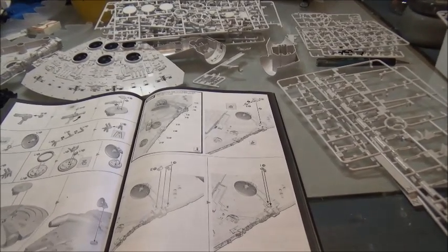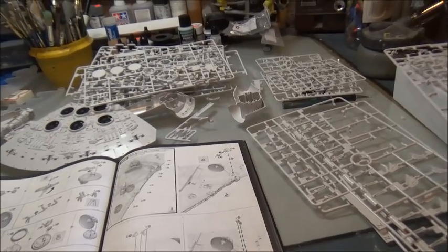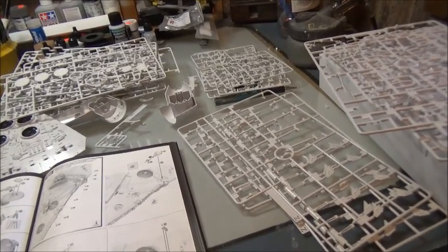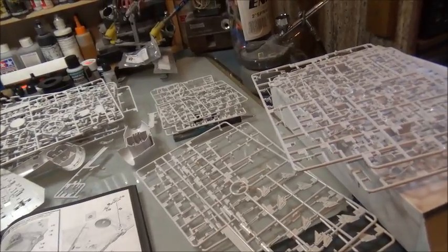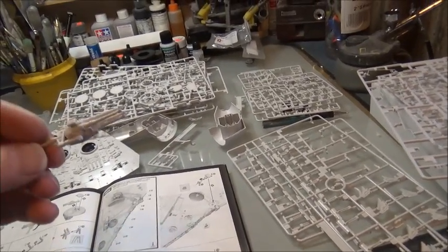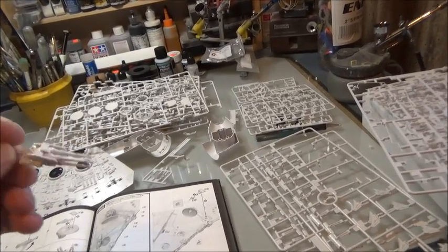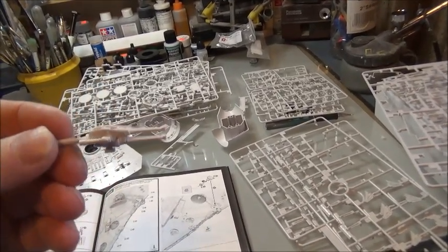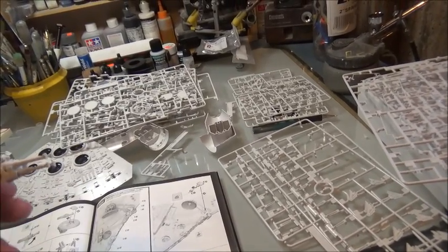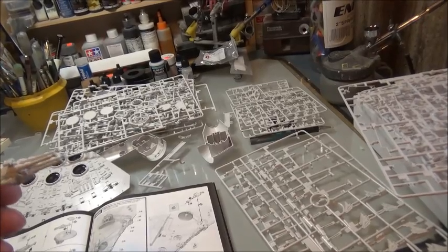And like I said, this is becoming an endurance test. It's putting one fiddly bit into another fiddly bit and combining it into a fourth fiddly bit. So things like the guns, you know, which in the old days was like, what, 2 or 3 pieces. It was 2 halves, and then the horseshoe in the old MPC days, the original Falcon. It was like 2 halves for the guns, and then the